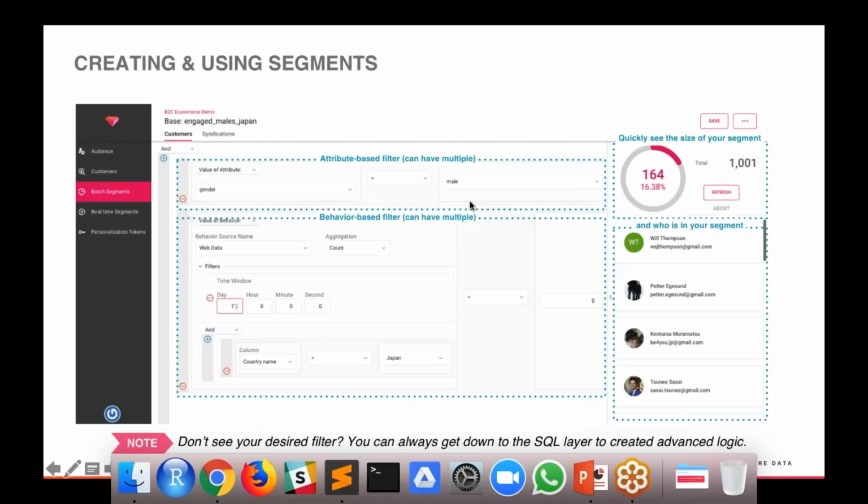Behaviors are things that happen over time. In the context of a CDP, a behavior could be interaction with your different marketing channels, interaction with your website, interaction with specific ads, interaction with your customer service desk, or interaction with your point of sale data. We pull all that together, so it could be any one of those or all of them at the same time, just something that happens over time. So attributes and behaviors are really important for us.